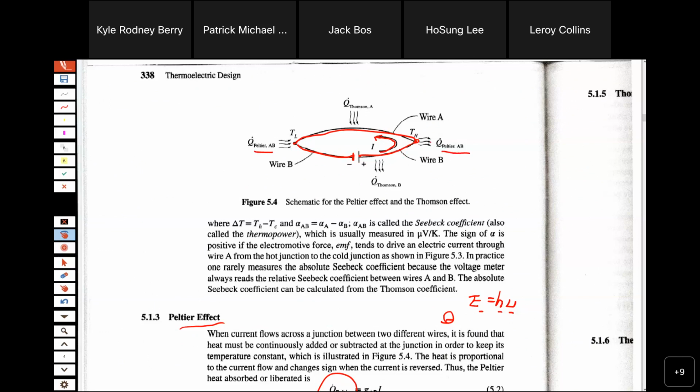cooling is possible. One side is heating because the electron is moving. Electron is moving. So thermal energy, the energy of the electron, so much energy. Actually,